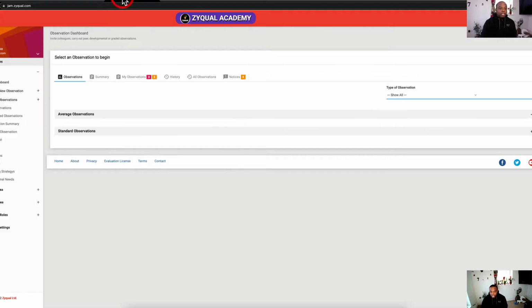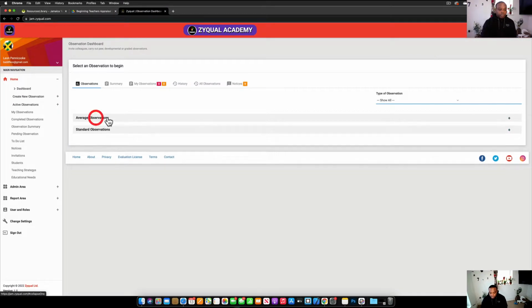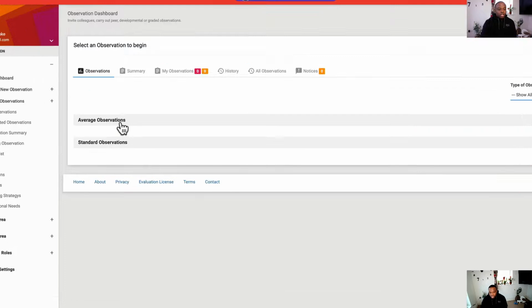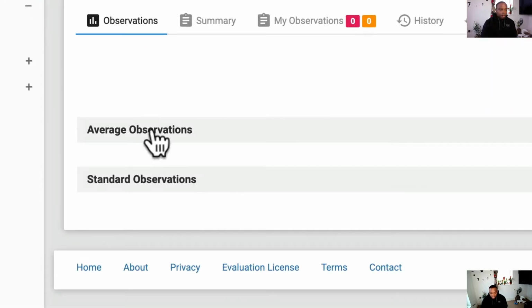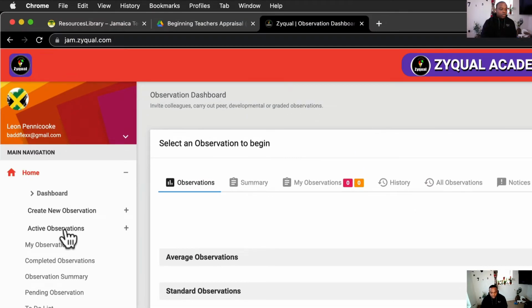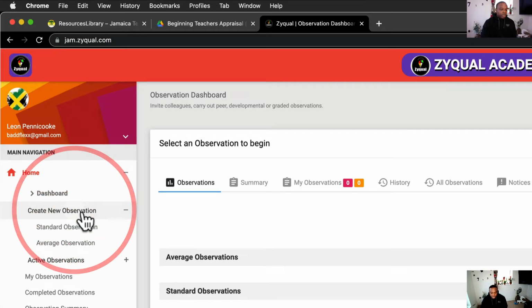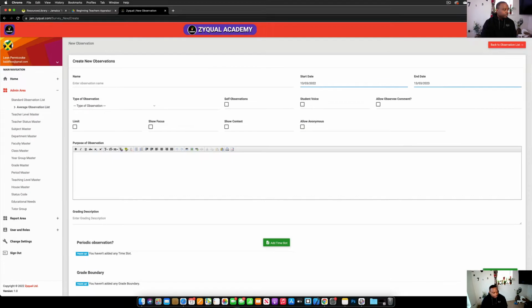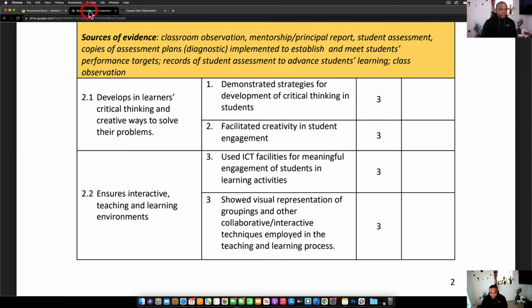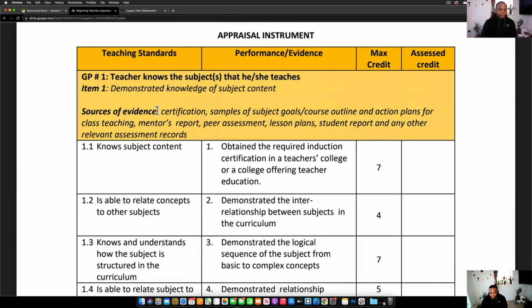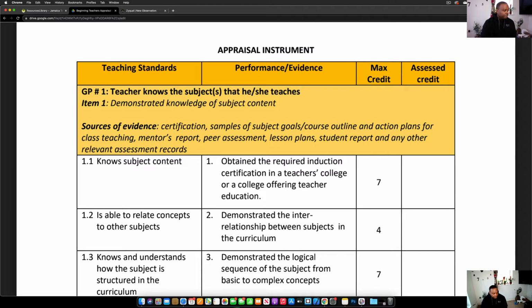Right. Let's now go back to Zyqual. So when we click on average observations, we can see that there is nothing here. And what we need to do first is to click on create new observation and then choose average observation. Now I'm going to create the beginning teacher appraisal. So I am going to give this a name. And firstly, what I'm going to do is I am going to